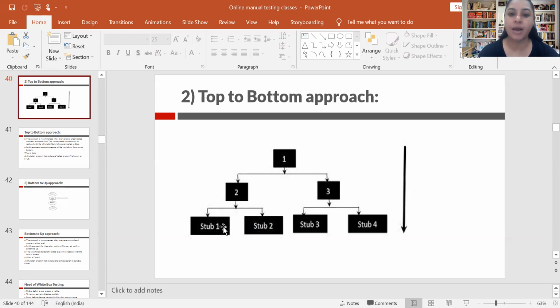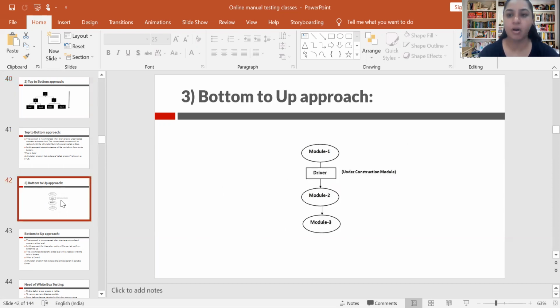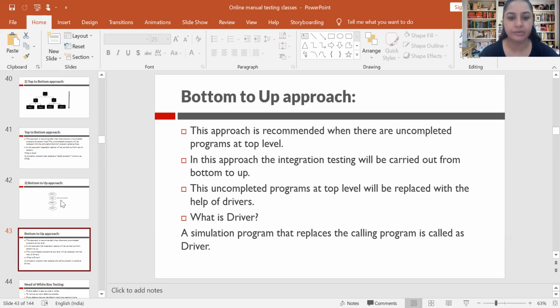So where the called function is not complete at the time of integration testing, we replace it with a dummy program called a stub. Here in this module, stub 1, stub 2, stub 3 and stub 4 are used during integration testing. Now we will understand what is called a driver.